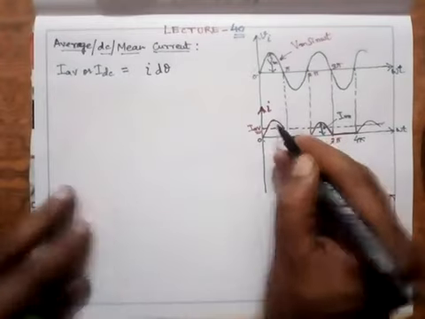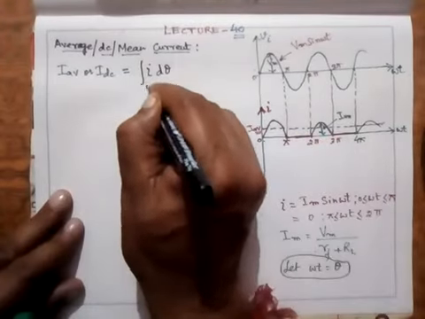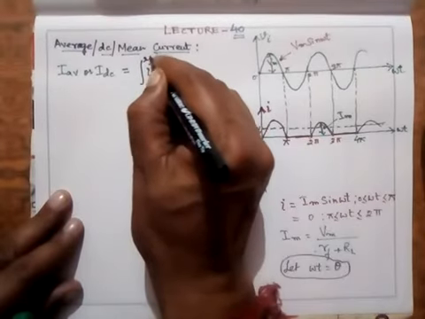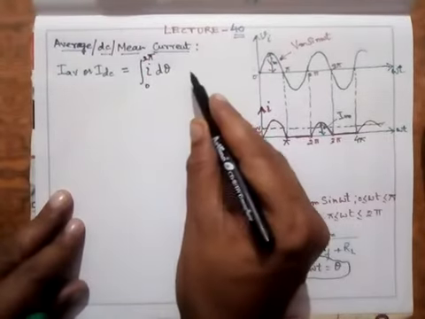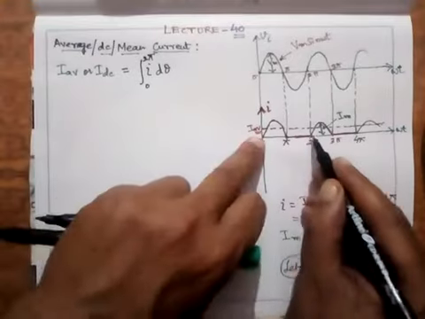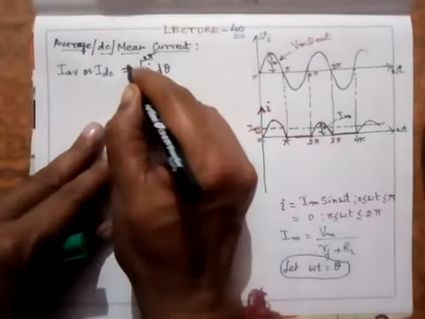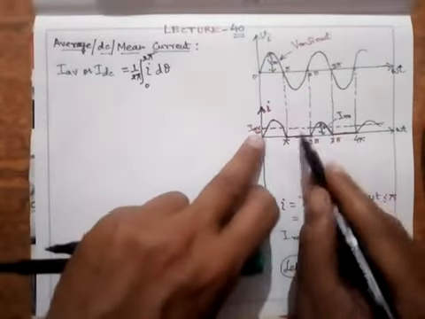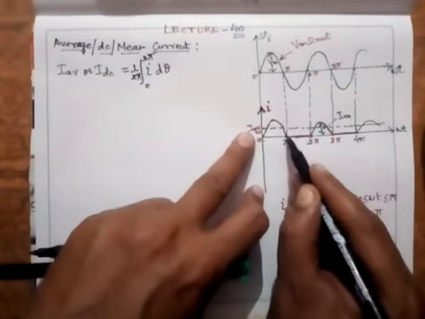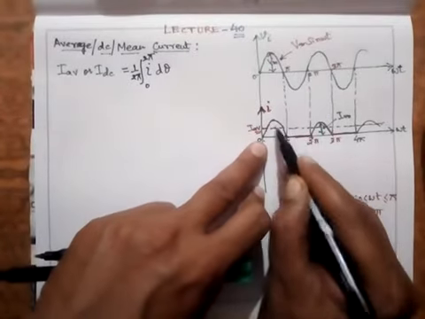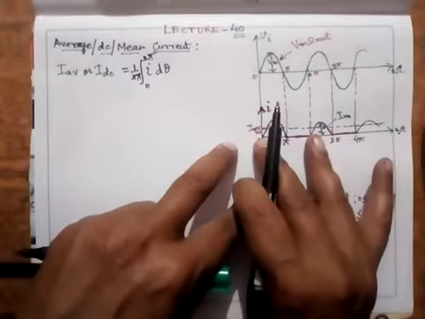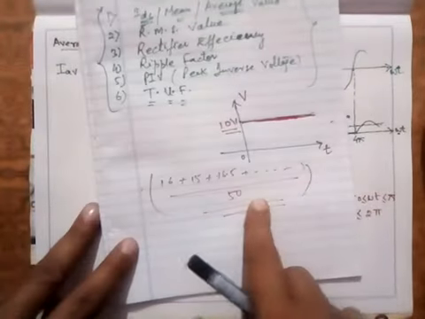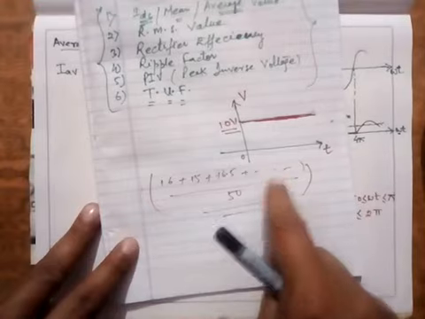Area under this curve, I'll have to integrate this. Integrate from 0 to 1 period, which is 2 pi. Integration of I d theta, and average of this means divided by the time period, which is 1 upon 2 pi. This is how you find the average or the mean value of any continuous function. I take a small strip d theta here, integrate over this, which will give me a kind of sum here, and in the discrete case, sum divided by the total time period will provide me the average.